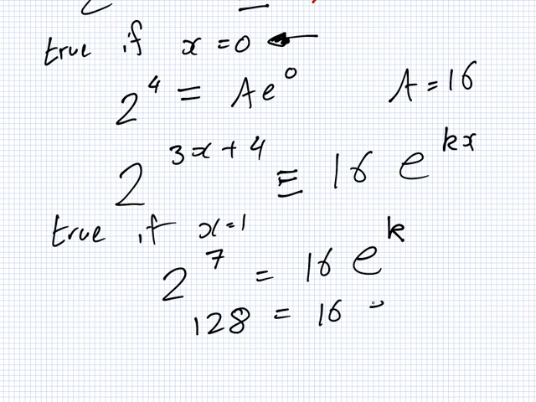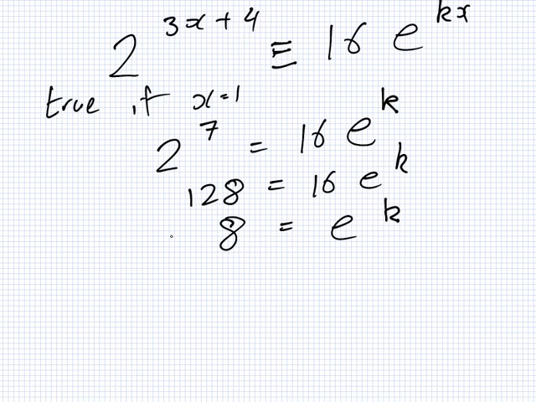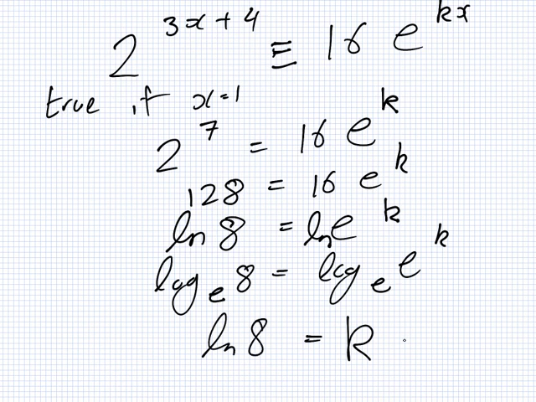128 equals 16 e^k. Is that 7? 8. 8 equals e^k. This isn't so bad. How can I get the k now? Yeah. Log 8 equals log e^k. Now remember, this is log base e of 8 equals log base e of e^k. So e to what power makes e^k? k equals log 8. So now we have